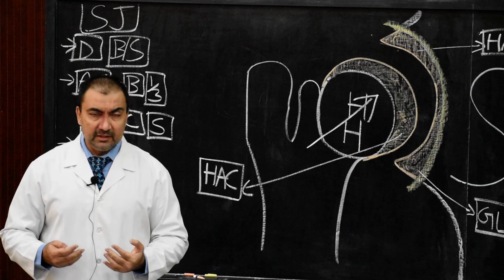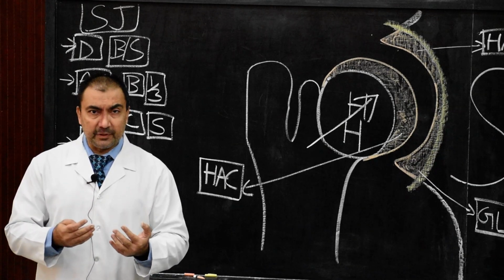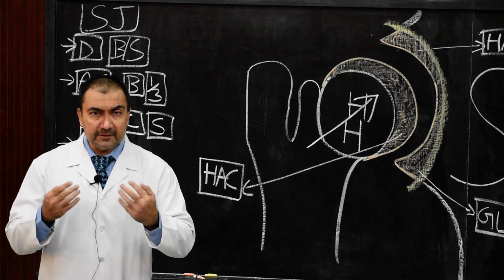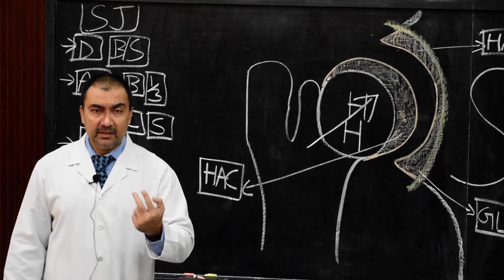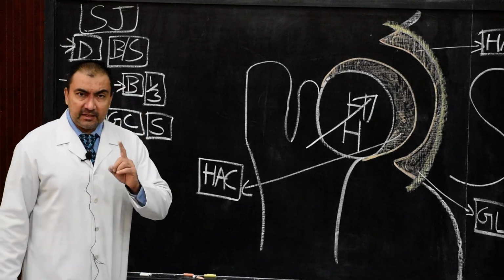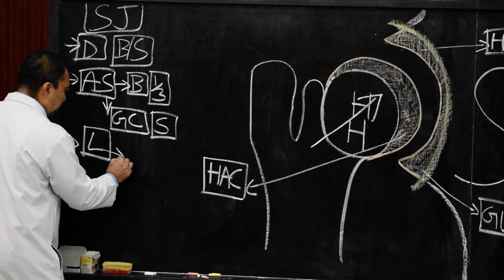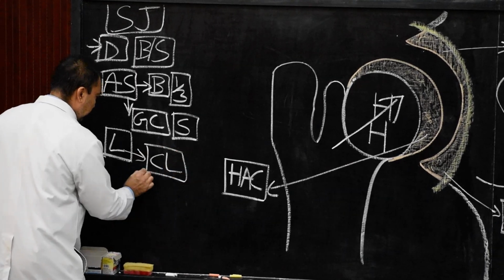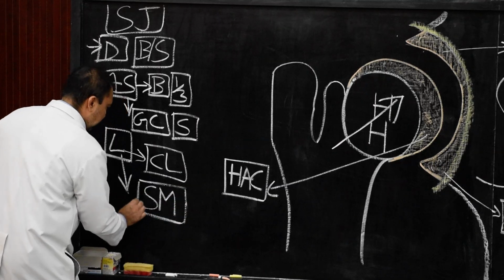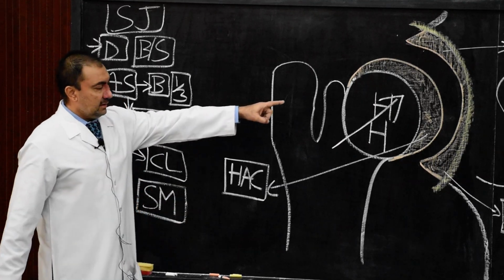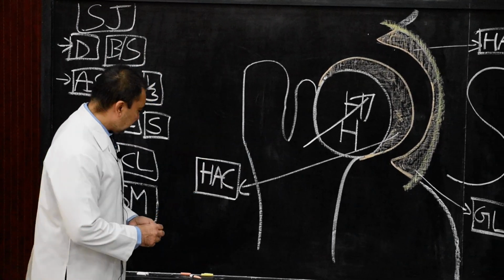Always you have to describe the joint, whether it is hip joint or shoulder joint or knee joint. The first two ligaments should always be capsular ligament and synovial membrane. So here also we start with capsular ligament and synovial membrane. Here the ligaments which we are going to describe will be the capsular ligament, that is the capsule, fibrous capsule, and synovial membrane.